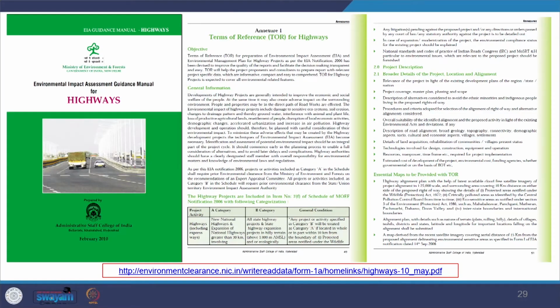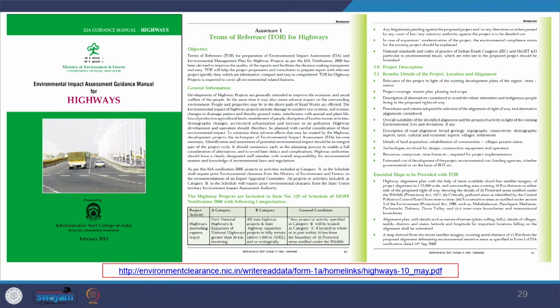What assumptions are you making related to your project, what are the safety issues involved, and what kind of mitigation do you plan to undertake in the project? All that, the mitigation, comes at a much later stage of EIA, but one needs to take care of it in practice from the beginning also, because it will have implications in all other parts. So here in this manual from